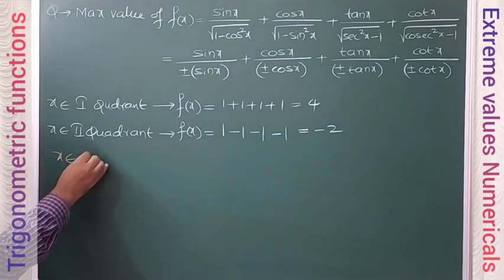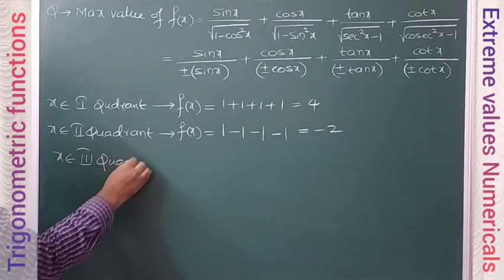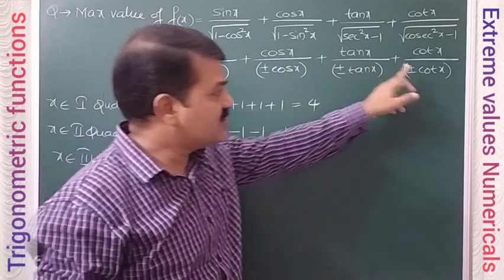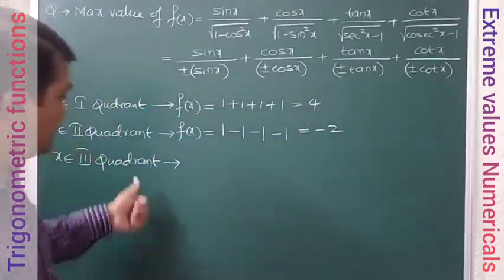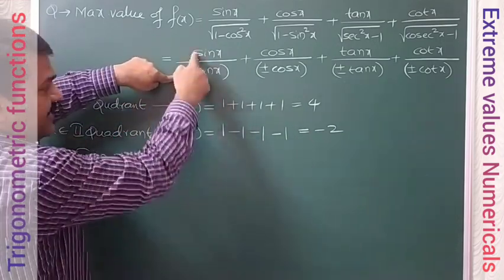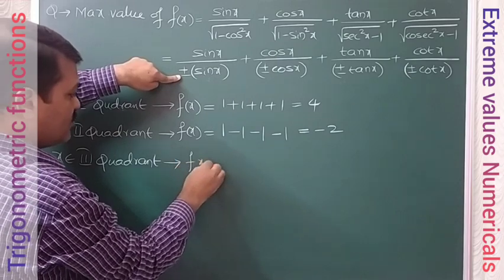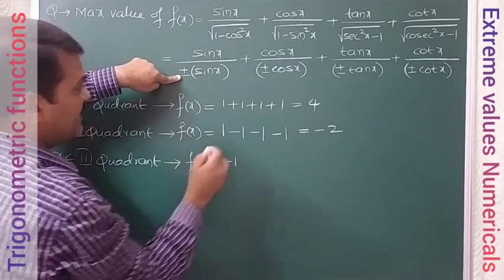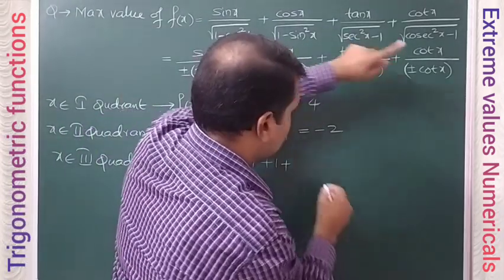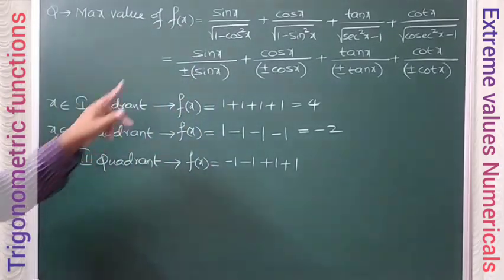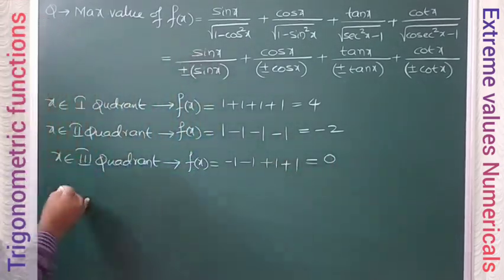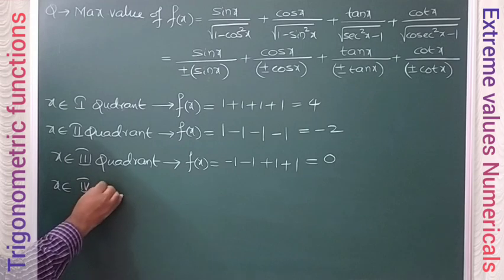When x belongs to third quadrant, we know that tan and cot are positive. These two are positive, means in these two we take plus sign. In third quadrant sin cos are negative. In these two we will take minus sign. So minus sign here. Sin x by sin x anyhow cancel. So when you take minus sign here, you will get minus 1. Minus sign here again minus 1. Plus here. And last also plus. So in third quadrant, tan cot positive, these two negative. So what is your answer? 0.